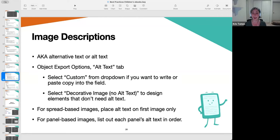Or if you have a design element that doesn't need alt text, you can select the decorative image, no alt text option. I really, really highly recommend adding your alt text in the InDesign file and not adding it afterwards in the EPUB, because then it lives with the file. So if you ever go back to that InDesign file in the future for maybe a new EPUB spec, maybe we've gotten to EPUB 4.0, or maybe there's a brand new file format type,